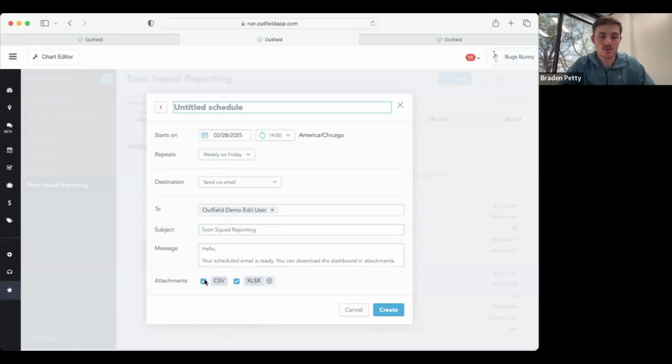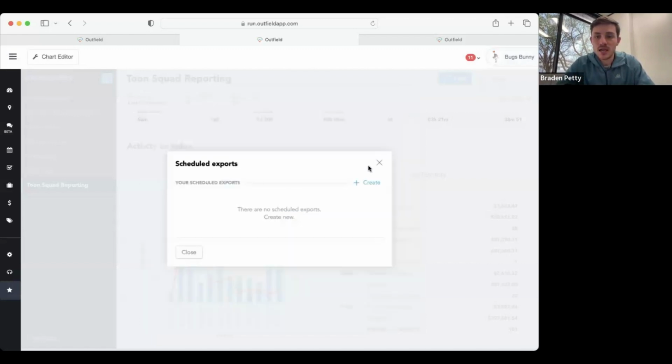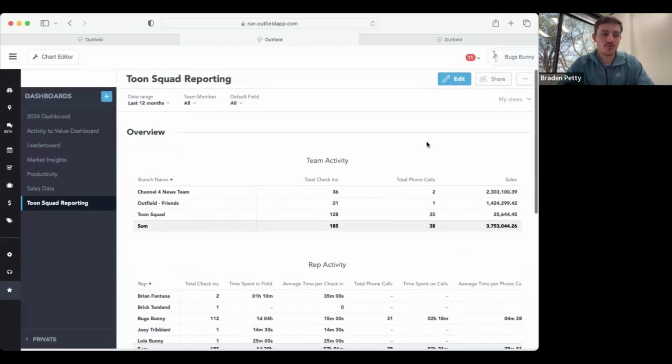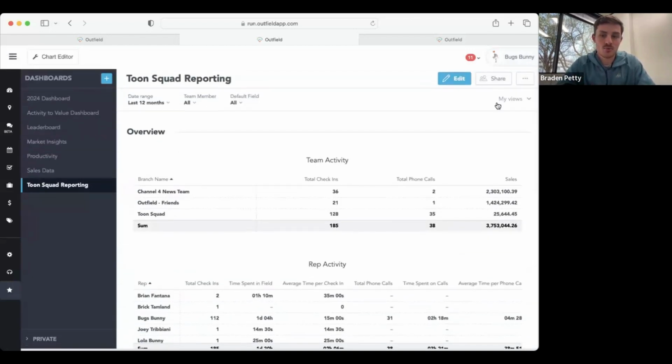I can also decide whether I want to send it as Excel or CSV and things like that. So again, I'm going to let this set it and repeat. I don't even have to go back in here and always manually set these exports and reports that are being sent my way. And if I ever want to review what alerts and exports I have set up,